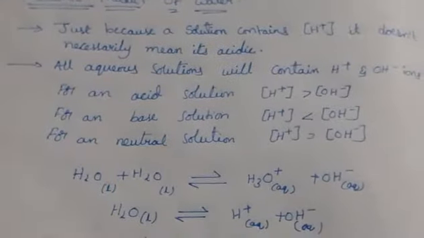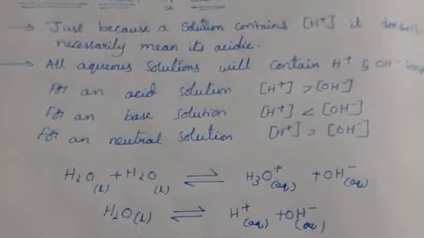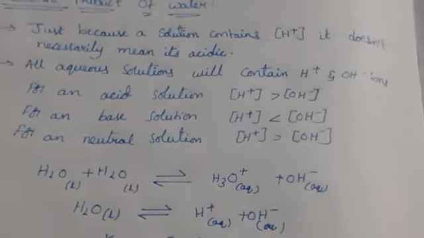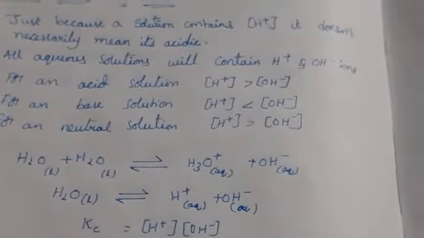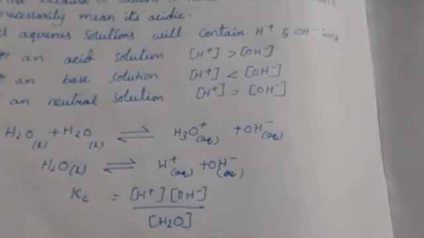Hello students, in the previous class we observed the introduction to ionic equilibrium. Generally, I told you ionic equilibrium is nothing but partially soluble ions giving strong electrolytes and weak electrolytes, which is a reversible reaction. That one we call ionic equilibrium. But coming to here, we are having the ionic product of water.